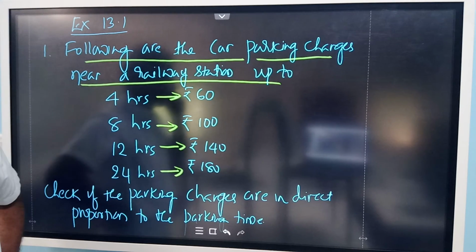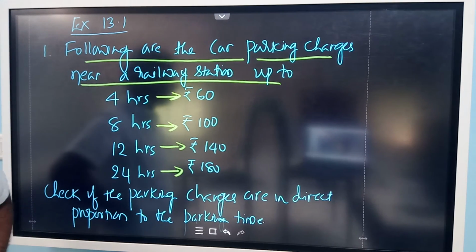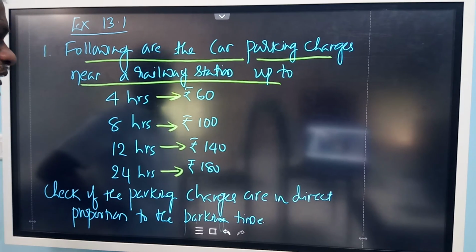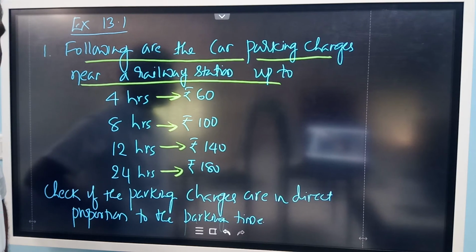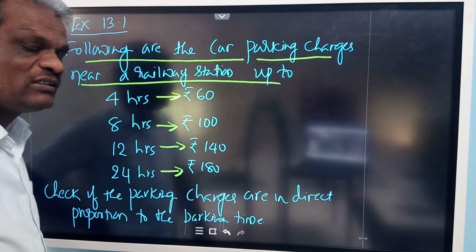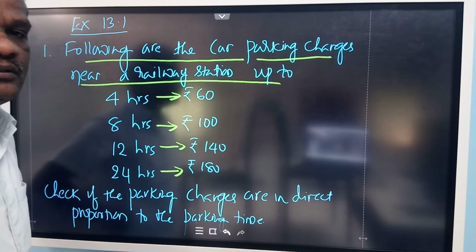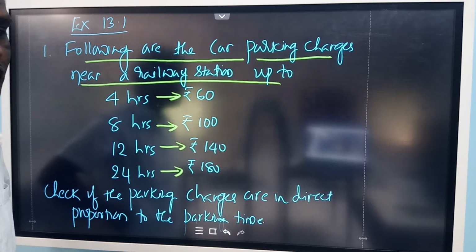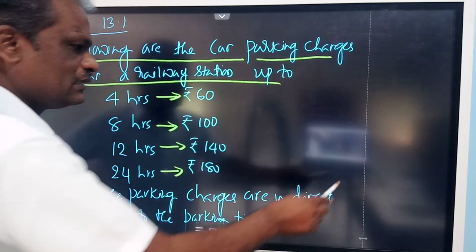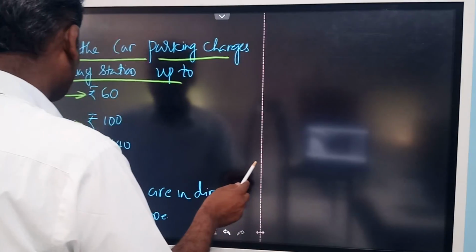So you find out these two ratios. How to check whether they are in direct proportion or not? If one thing is increasing, we should find out the ratio. Both are increasing only, but whether it is increasing with a constant ratio or not, that you have to see. A uniform increase should be there. At the same time, you need to verify whether the ratios are the same or not. Only then can we conclude that they are in direct proportion.